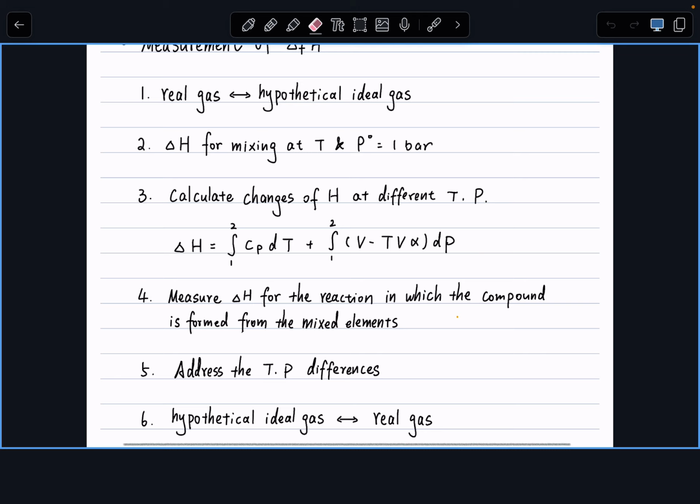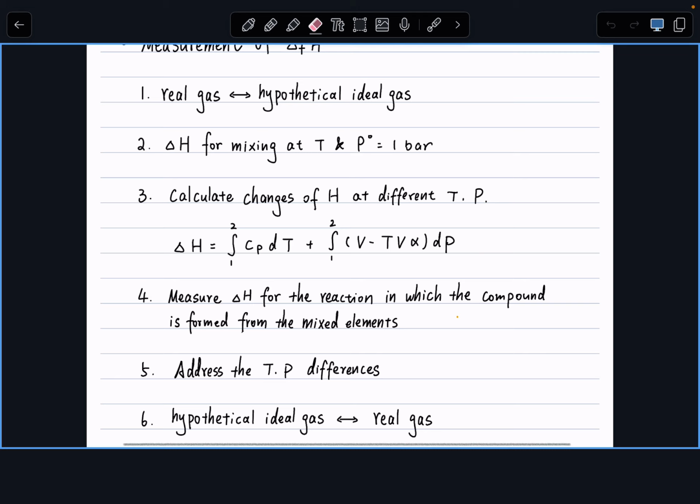We want them to react with each other, so the next step is mixing them. And thirdly, I think this arrow goes the other way around. We're trying to transfer their standard state into their real gas, 298 Kelvin and 1 bar. Sorry for the misunderstanding. So we started from the hypothetical ideal, that's the standard state for H2 and Cl2. And we want to make them real gas. All right, so next step is mixing of gases.